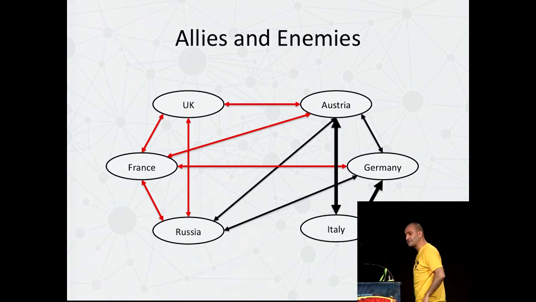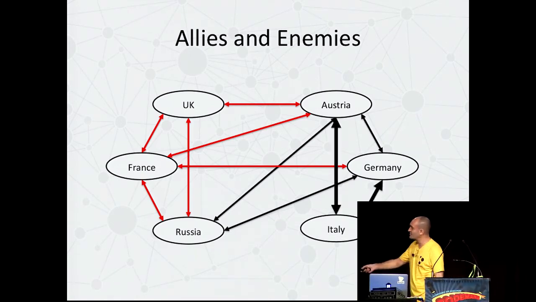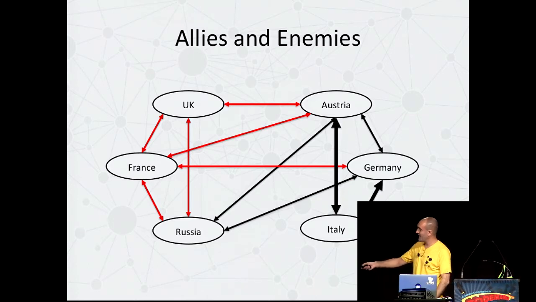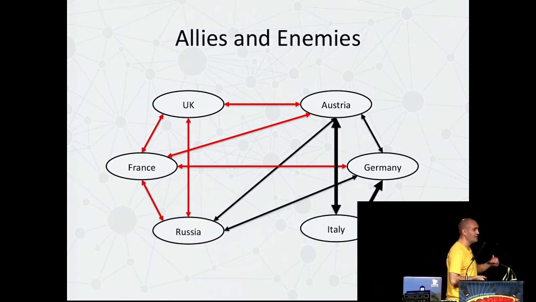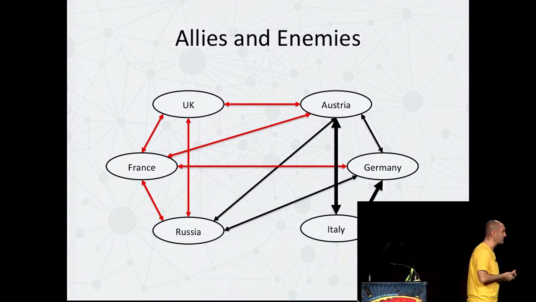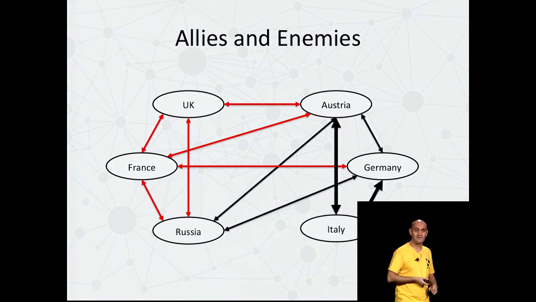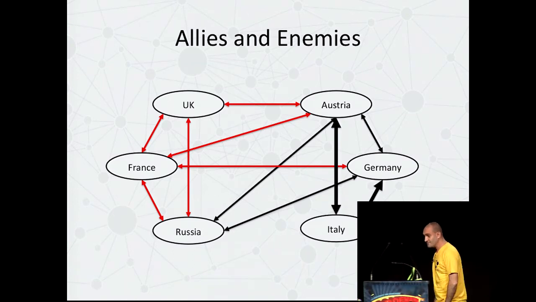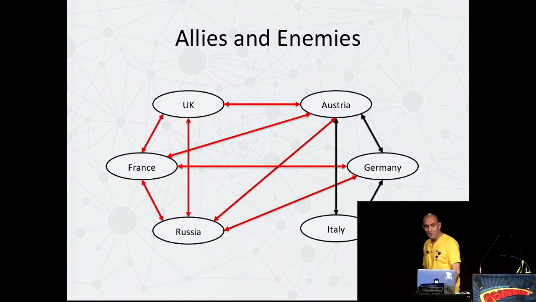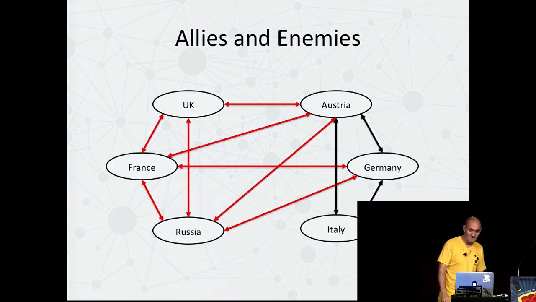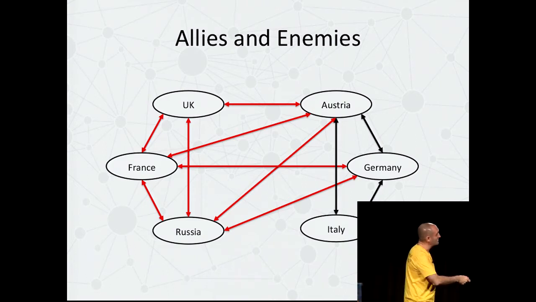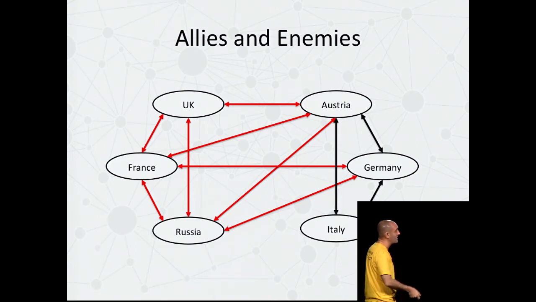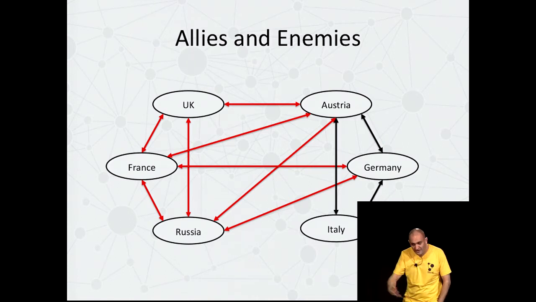Okay, so we introduce Italy into the graph, and we make a structurally balanced closure by making Italy an ally of Germany and ally of Austria. That's nice. That's a stable closure. It's the equivalent of Kyle and Stan and Kenny being friends, although slightly more menacing, obviously, from a historical context. All right, cool. So let's move along, and then actually, what happens when Russia becomes enemies of Germany and Austria? Well, it's still a stable, balanced closure. It's just that Germany and Austria could now theoretically gang up on Russia. Okay, just iterating over a graph.